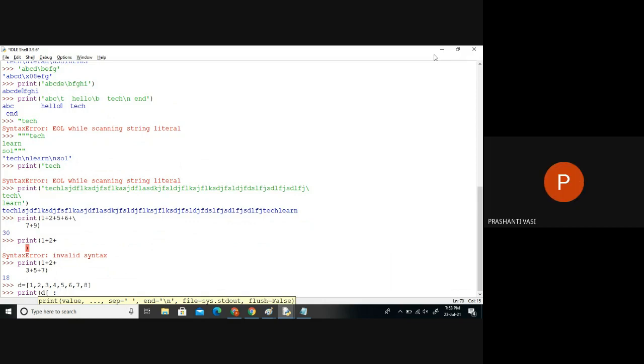Three elements: 0, 1, 2. If I'm writing 3, this is not included, it's excluded. It will start at 0 and stop at 3, so it will only print up to index 2.